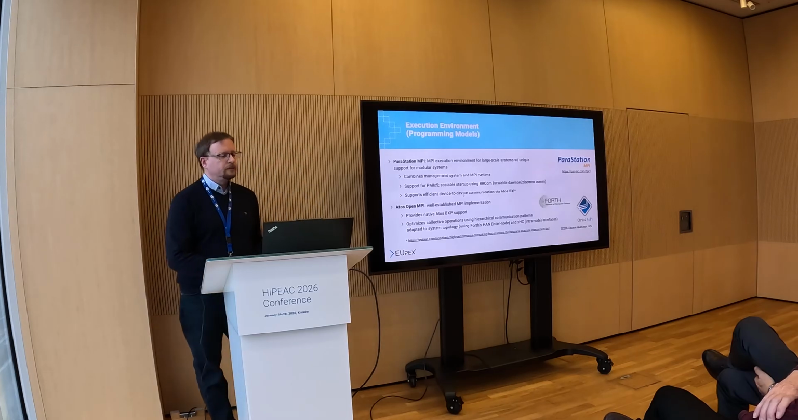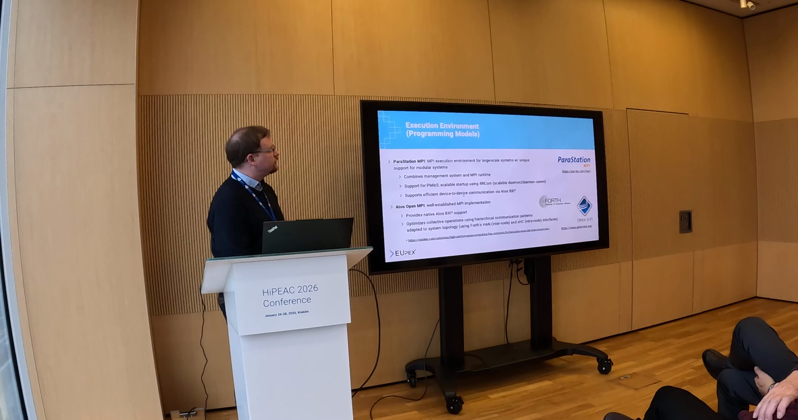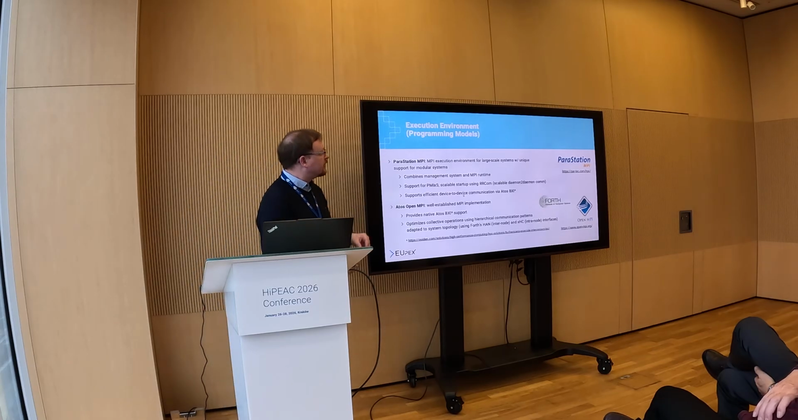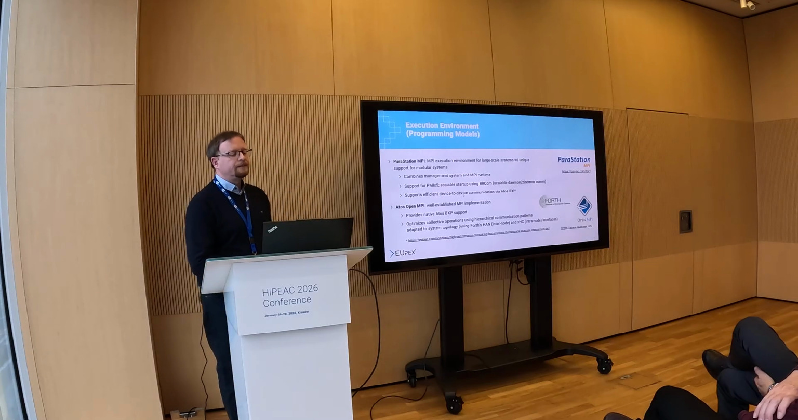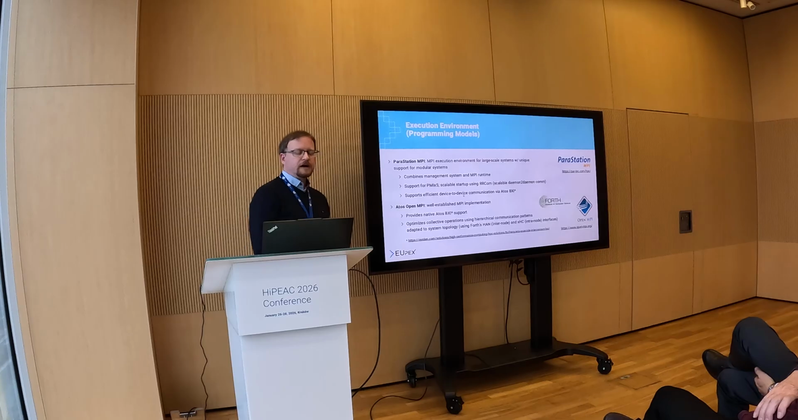Then we have the execution environment, so basically programming models. We have 2 MPIs. Of course, there's some overlap, but people are interested in having a choice. So we have Parastation MPI on the one hand, where we have the management system, so the parallel execution runtime, and the MPI library. We have support in there for PMIx version 5, doing scalable startup. These are things that we did in the project as Partec. Then we have Atos OpenMPI based. I forgot to say, Parastation MPI is MPICH based, so that's important, so that you have MPICH on the one hand, OpenMPI on the other hand, with the Atos